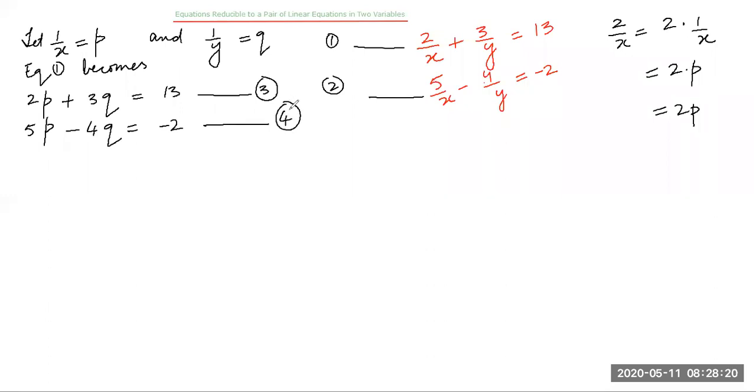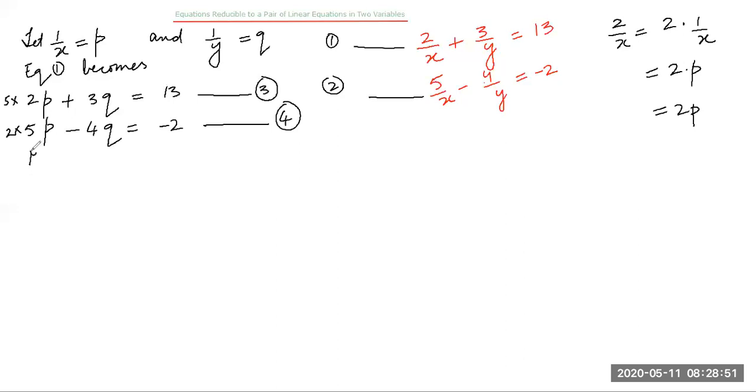All right, guys. Now you see that I have new equations in P and Q variables, and the variables are in the numerator. So I can easily solve them by any method you want. Now, let's say we can solve them by the elimination method. By the elimination method, I must multiply this equation. The coefficient of P is 2. In order to make it 10, I can multiply the whole equation by 5. And in order to make it 10 here, I can multiply the whole equation by 2.